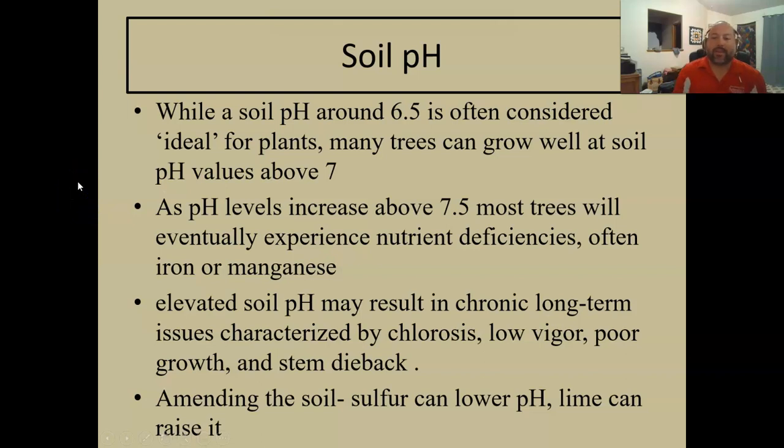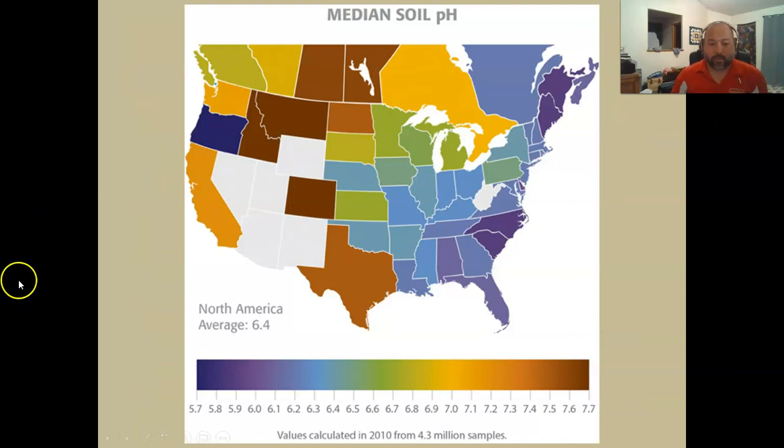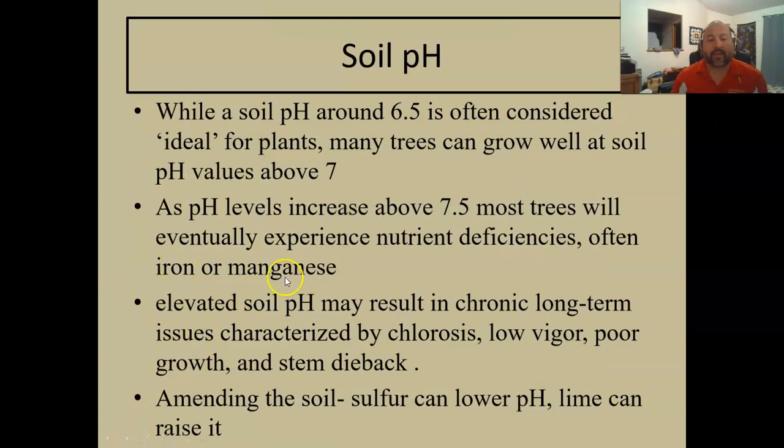So while a soil pH around 6.5 is often considered ideal for plants, many trees can grow well at soil pHs above 7, although like we said, 6 to 6.5 is ideal. As pH levels increase above 7.5, most trees will experience some sort of nutrient deficiency, often iron and manganese, which become lacking once it gets that high. These elements are available in high amounts and very easily available when it's slightly acidic. But when it gets that alkaline,